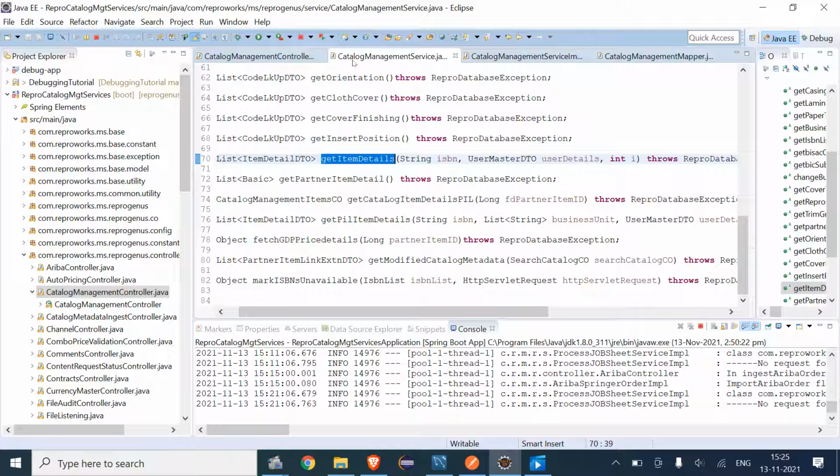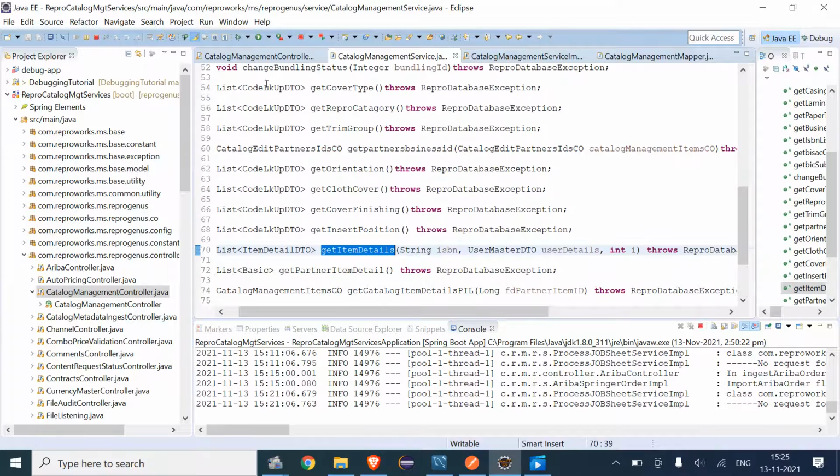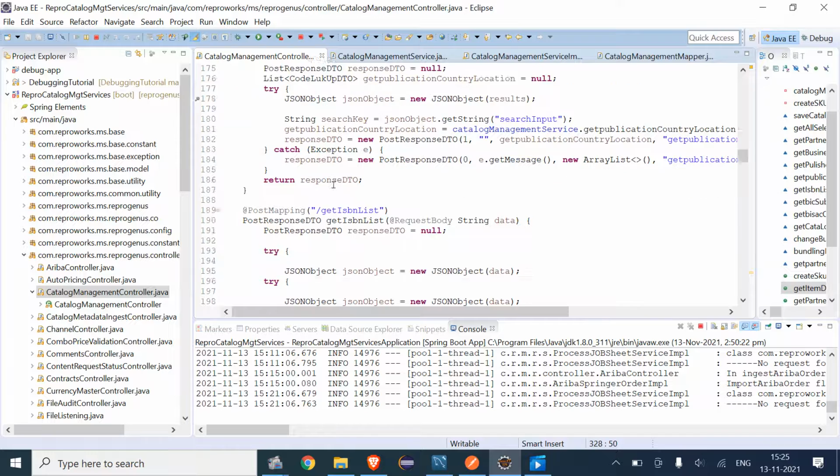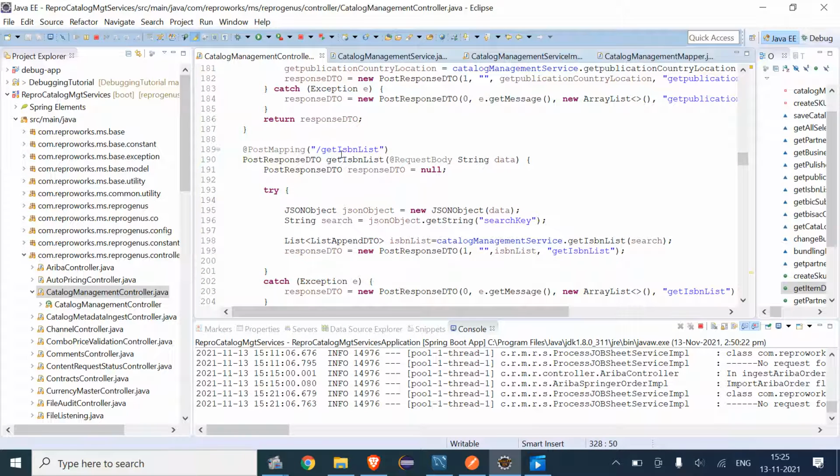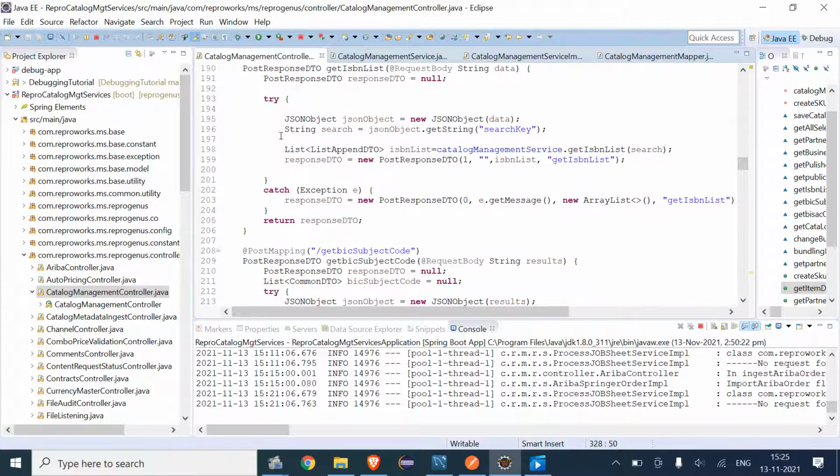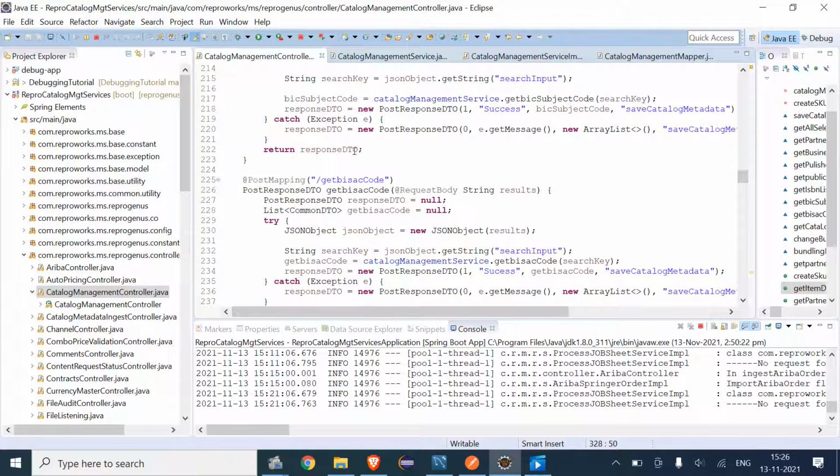Then catalog management services. In this, basically, the mapper class has all queries, the IMPL has all methods, and the catalog management controller has all the main process. If I see here, the process is a type of post mapping in which try, catch, and return methods are initialized.